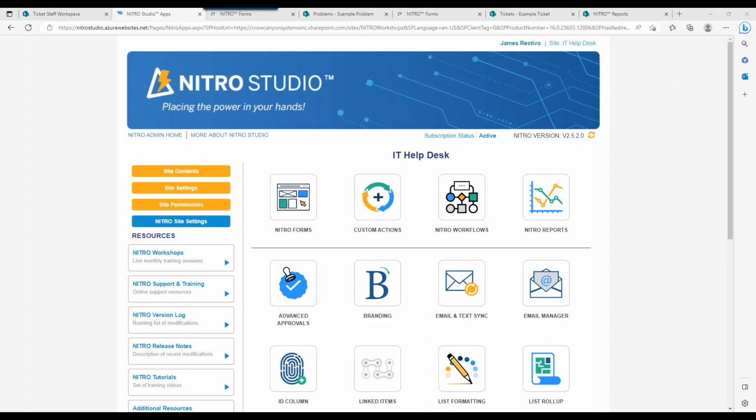At a high level, the things we want to talk about today are the UI of the NITRO Studio. That's a big update we made. It doesn't impact the functionality so much, but it does give you a new look and feel, which you're seeing on my screen right now, and a lighter, more modern look. And then we'll talk about a few of the feature releases that do add some functionality to what you have going on. So with that, I'll go ahead and start with this interface you're seeing, which if you've updated NITRO